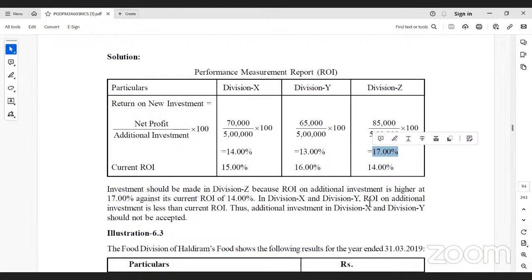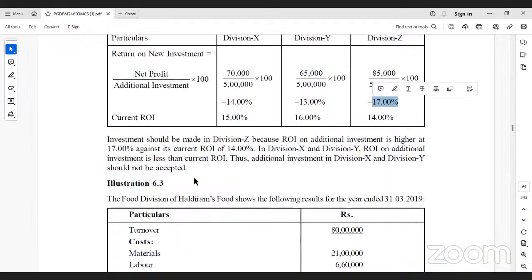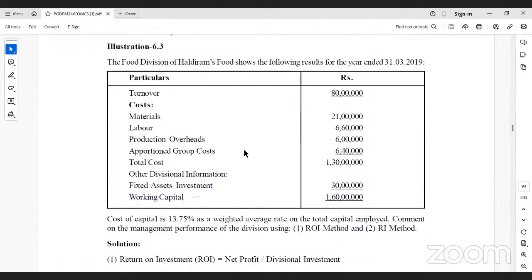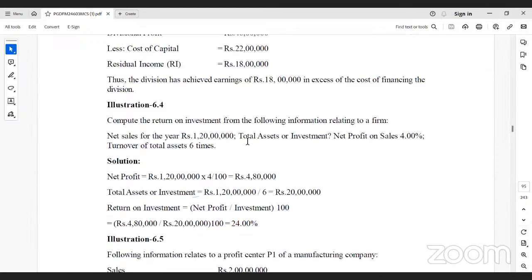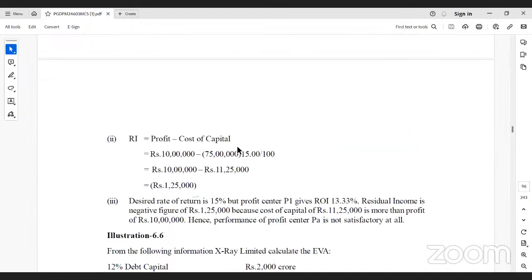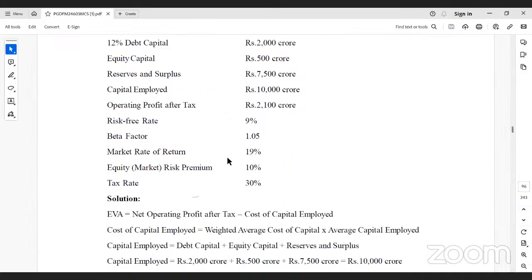Division X is 14% and the ROI is also 15%. So the additional investment in division X and division Y should not be accepted. Why? Because they give only 14 to 13%, but here 17% is given on additional capital. From an examination point of view, you can prepare one or two problems, where the examiner may ask you to calculate ROE,